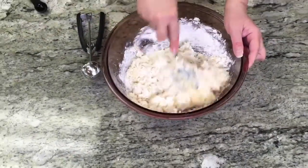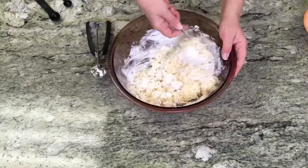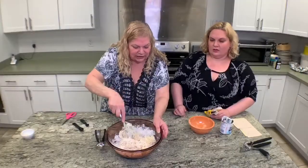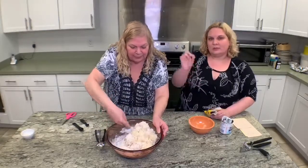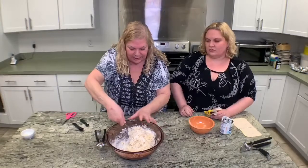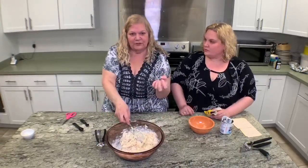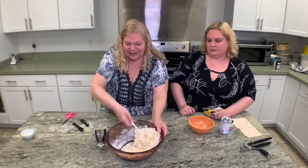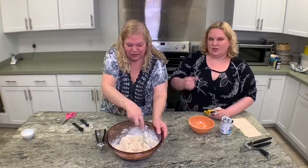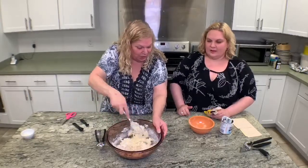Once it reaches temperature, you don't want to cook these very long. You only want it to get a little bit of color on the top. That's it, and it gets on the bottom too at the same time. But you don't want this to be overcooked because you want it to be soft. Some macaroons taste like cake. It's like too much flour in it, and it tastes like flour rather than the coconut, which is what a